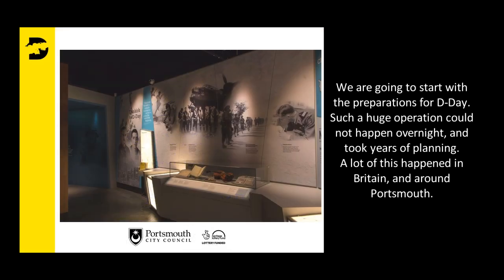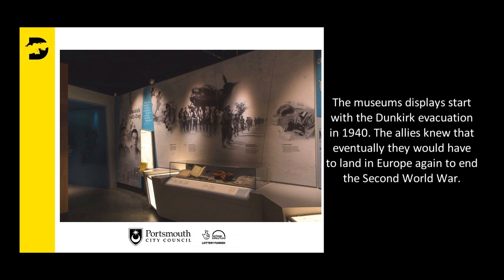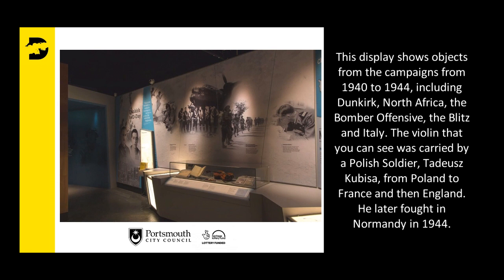Right, so after you've bought your ticket and you've come into the museum, the displays start in Dunkirk in 1940, when the Allied armies were evacuated from northern France, and they knew that sooner or later they'd have to go back and land in Western Europe to defeat Nazi Germany and win the Second World War. In this part of the museum, the objects on display are from campaigns between 1940 and 1944. We've got objects that relate to Dunkirk, the campaign in North Africa, the bomber offensive, the war in Italy,